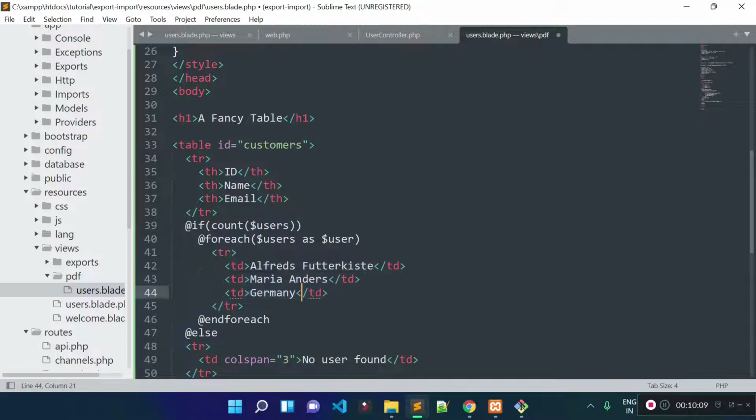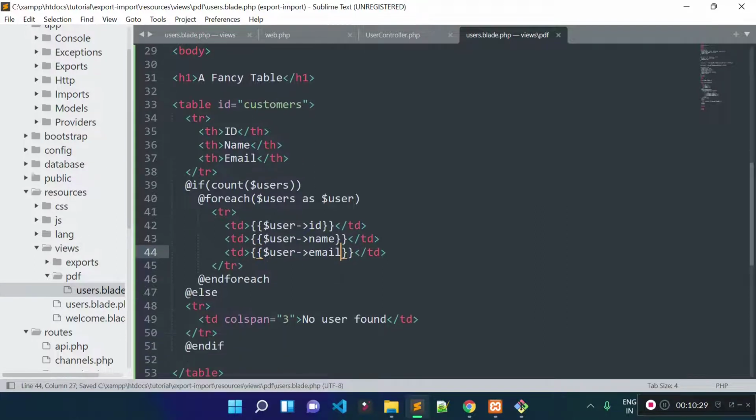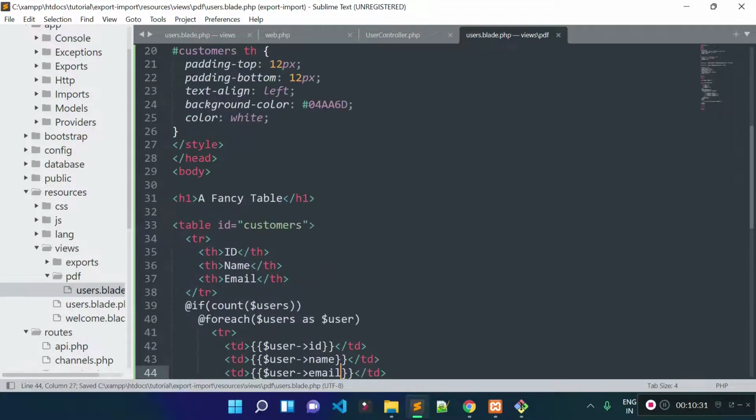And then what I will do, I will display user ID here, and then I will display user name, and then I'll display user's email, right? Save the file, and now okay, let's change the h1 text here, users list.